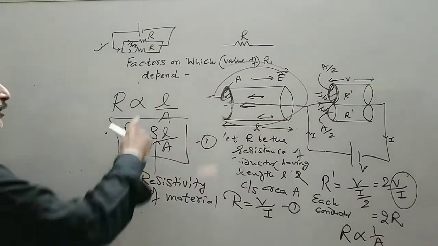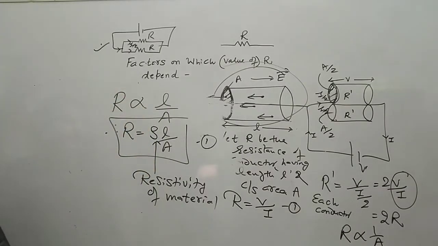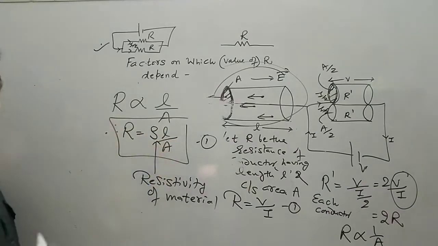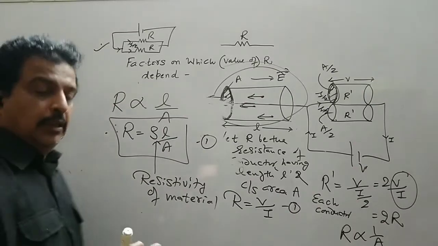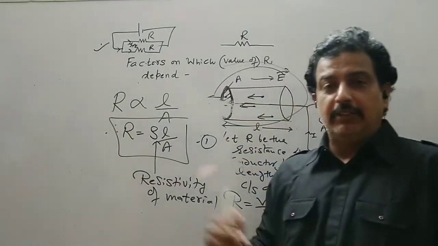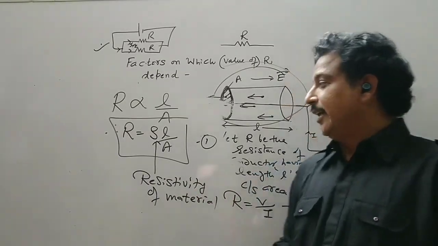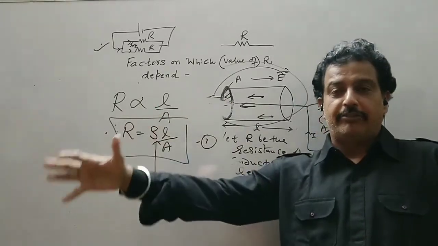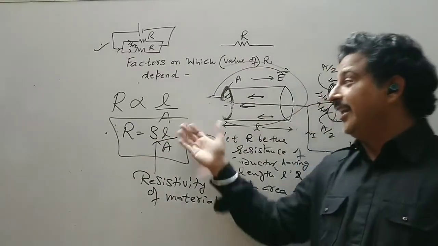So whenever constant of proportionality comes, as we know, I remove the proportionality sign and I am calling this as constant of proportionality, which is named as resistivity. So rho will not depend on length and the area. So if I have a material copper, even if I increase its length or decrease its length, increase its area or decrease its area, the resistivity will remain constant for a particular material. Copper has different resistivity, silver has different resistivity. So it does not depend on L and A.